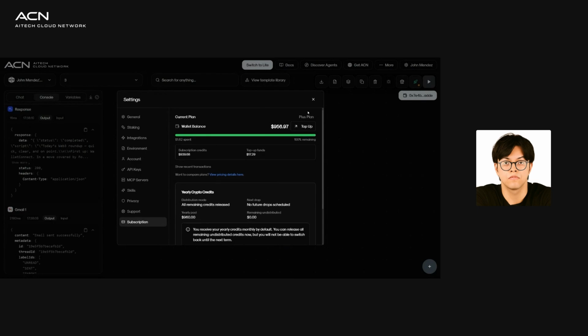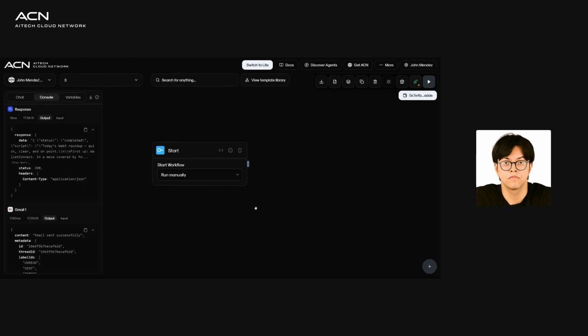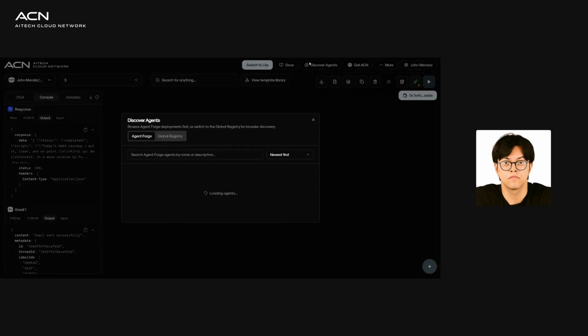Like I said, we'll also be adding it to the X402 payments. So all of the agents built on Agent Forge will be able to use ACN as a means of payment for their services. Going back to the agents thing, you can also click on the Discover Agent section up here,